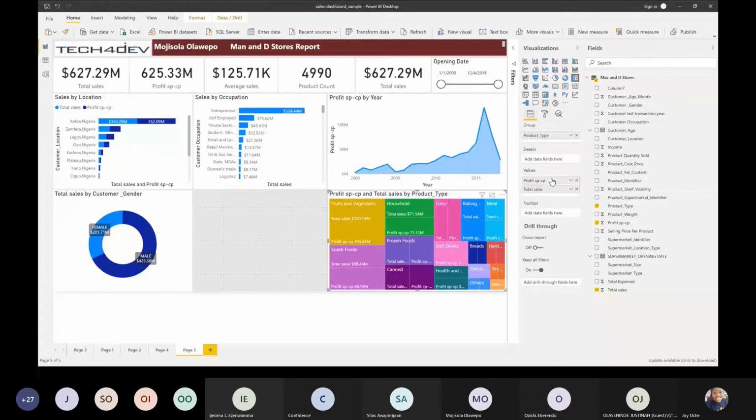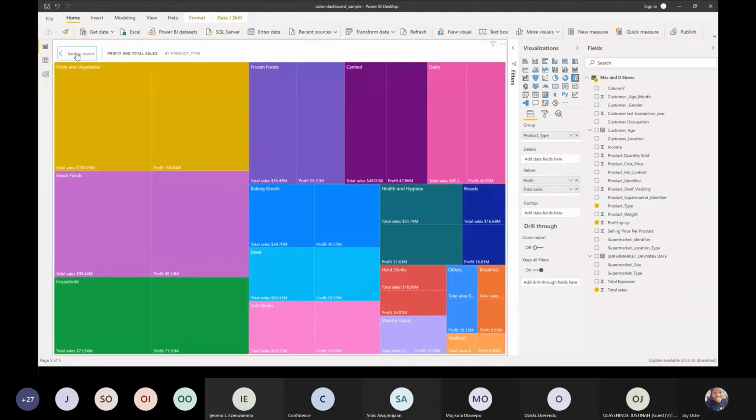I think it's fine. And I also think that it's okay, it's not too small. I can see my top products. I can see that fruit and vegetable is number 1. I can also see that snacks is number 2. And for,